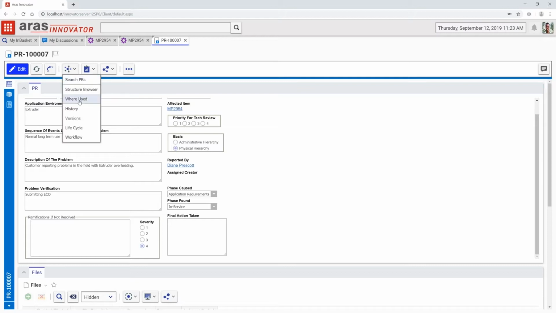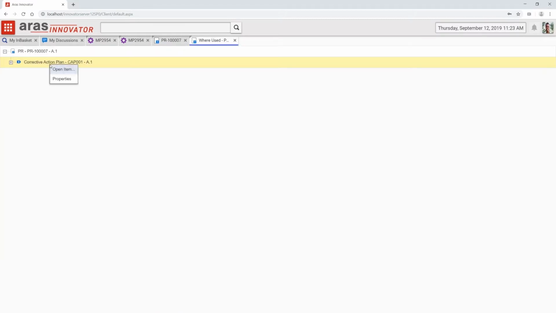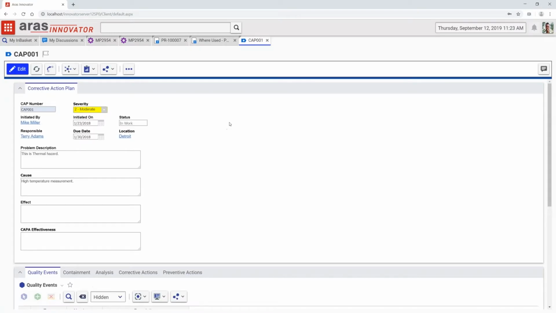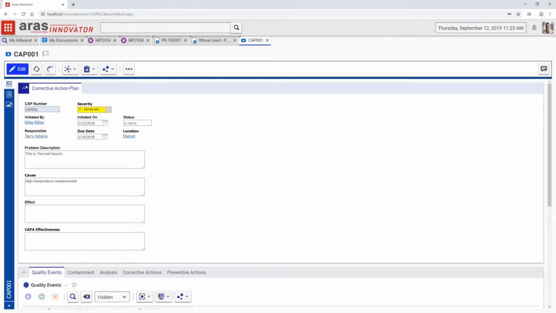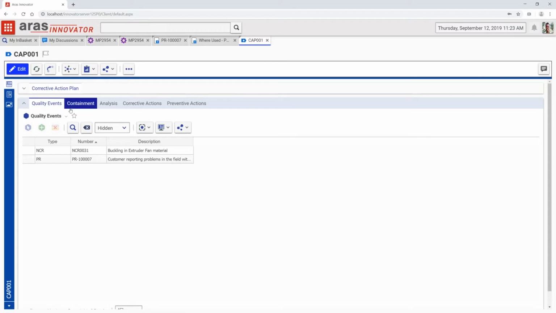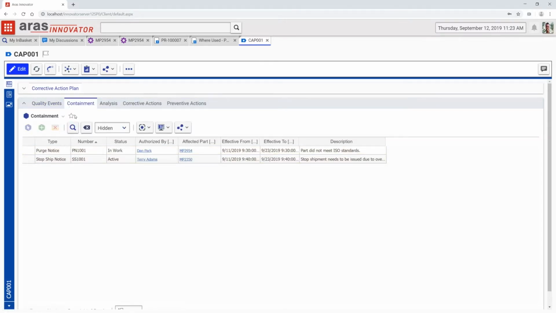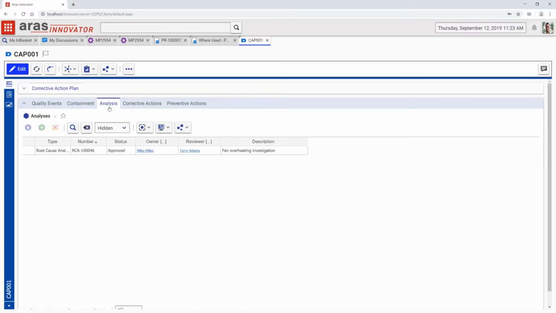But what I will do is on the problem report, query it. I see it has a parent item, a CAPA. So this allows us to aggregate together quality information in a proactive form. As you might see down here, we have tabs that relate to the 8D methodology of corrective actions. So here I can see my problem report, but I can go on and initiate containment actions. Very importantly here, I could go ahead and create a root cause analysis and be able to track this and add this on as part of the process.